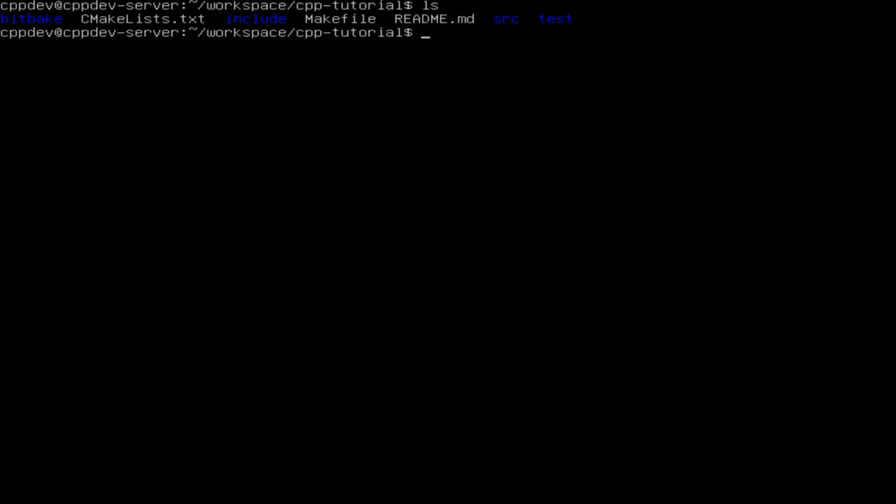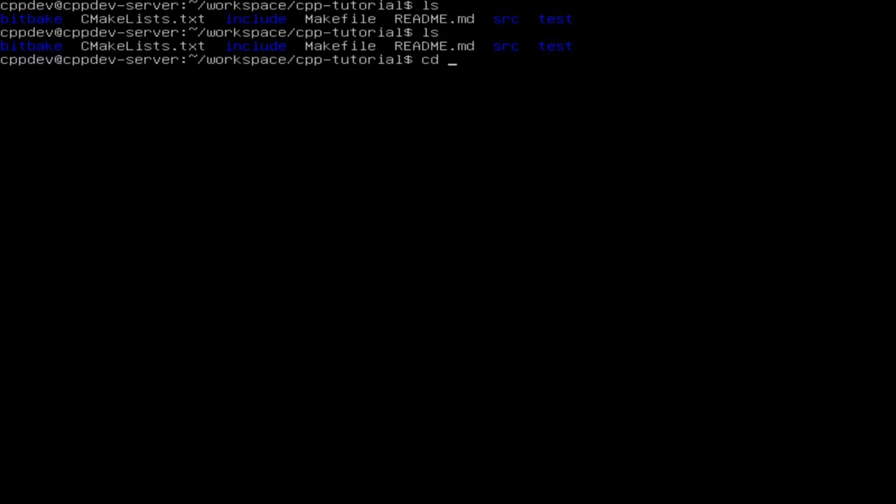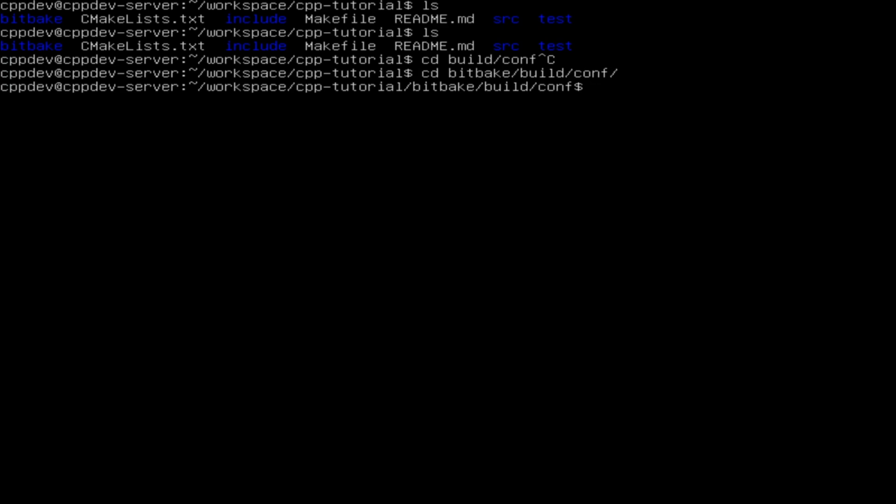We will also need some configuration files and also a BB class. So let's get started and create these configuration files. First, for the build, in the conf directory I am going to create the bblayers.conf.